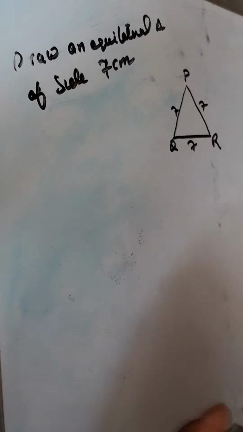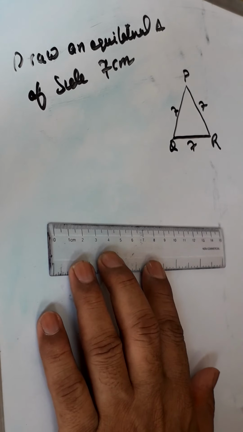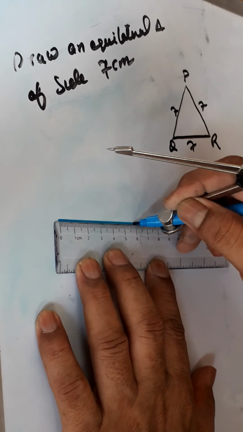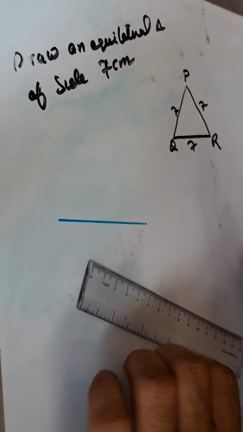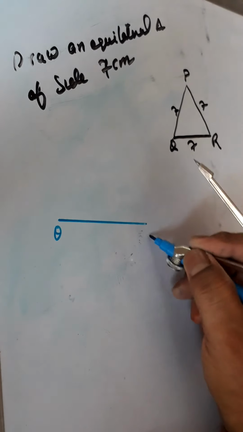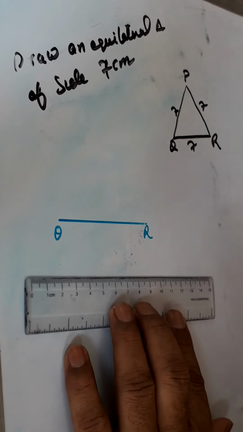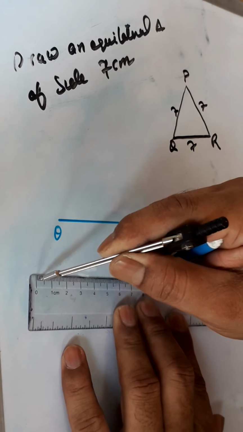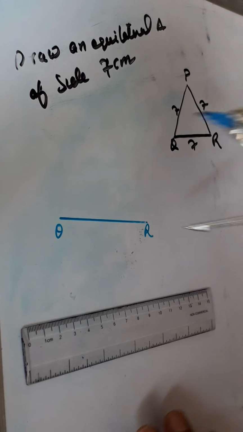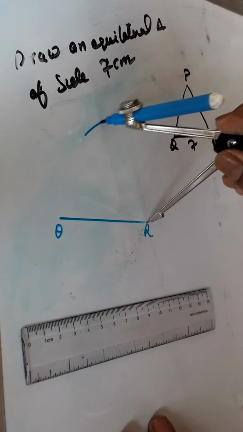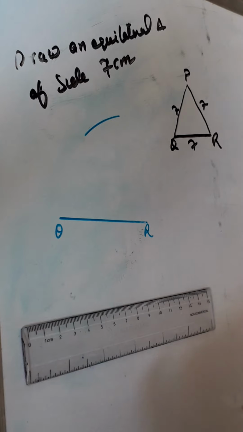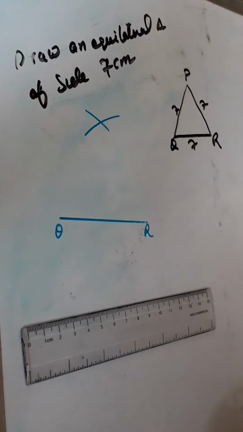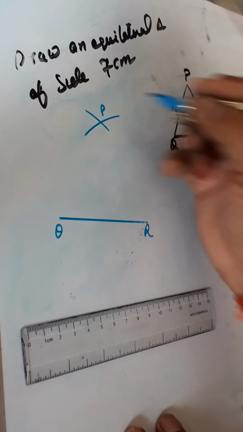First, let us draw here. Since we have named it as PQR, we will draw QR of side 7 centimeter. Let it be Q and this be R. Now again we will take an arc of radius 7 centimeter first from this point R. Don't forget to draw a rough figure before actual construction. This point we have got is point P.